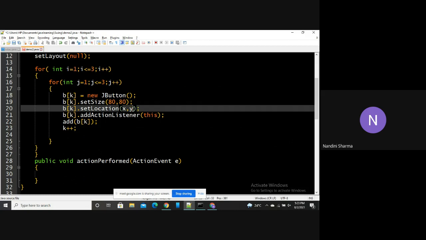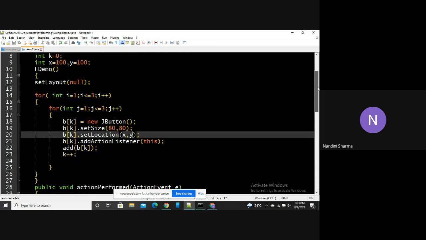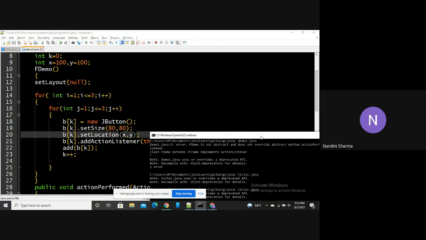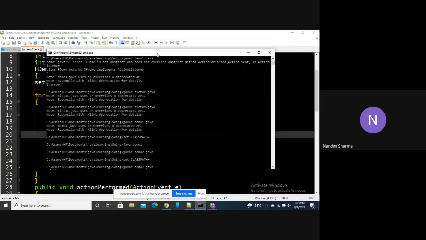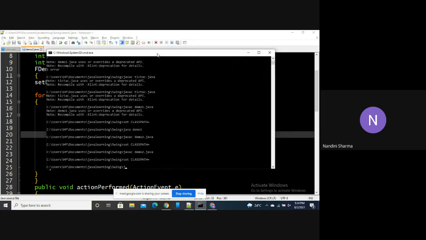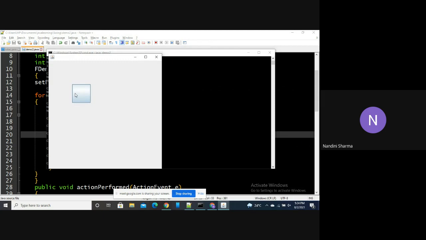Here we have just used it x comma y. We have not made any changes in x comma y yet, which means they are used as constants for the moment. Let's compile it. You can see there is only one button, although there are total 9 buttons which are overlapped over each other.